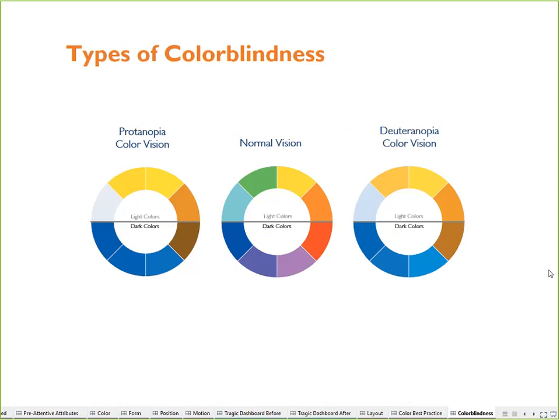So this is an example of 2 forms of red-green color blindness: protanopia and deuteranopia. If you're looking at the chart in the middle, this is what somebody with normal color vision would see. So here's the green, here's the red, and then protanopia and deuteranopia are 2 forms of red-green color blindness, and this is potentially what they would see, whereas you would see red and green,